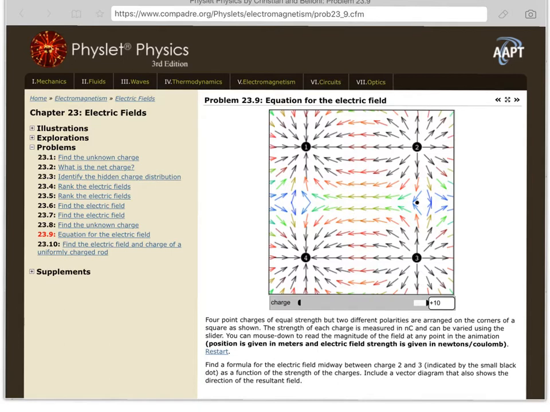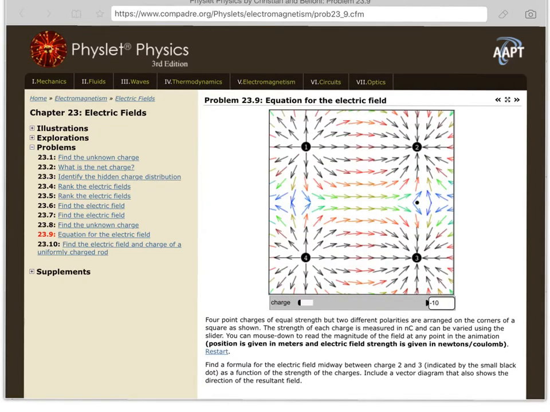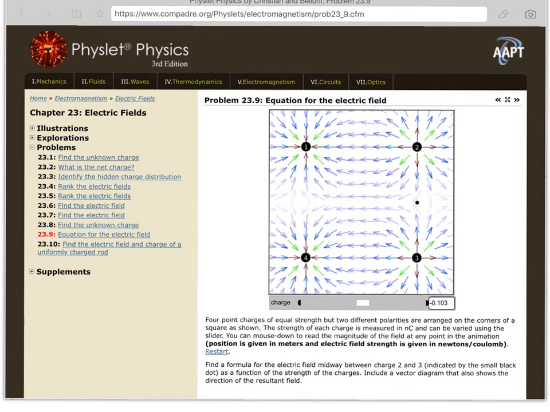So charge 2 and 3 have to be positive, and charge 1 and 4 have to be negative because the field is pointing into the charge. And if I slide it the other way, then I reverse the polarity and the strength of the field. So let's go to the positive side